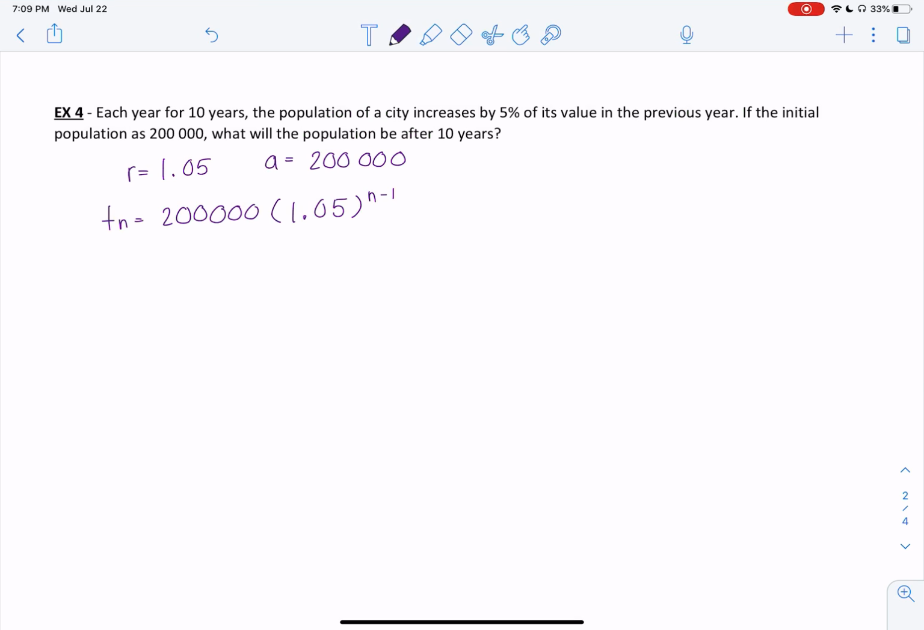So now I want to find out what the population will be after 10 years. So I'm looking for my 10th term of the sequence. I'm just going to sub in 10 for n, like that. And I can simplify that exponent. And then I just put that whole thing into my calculator. And I will get